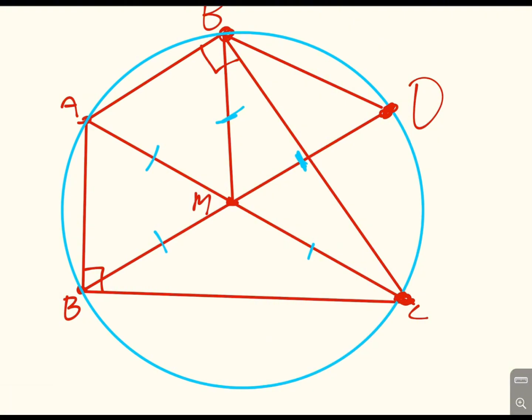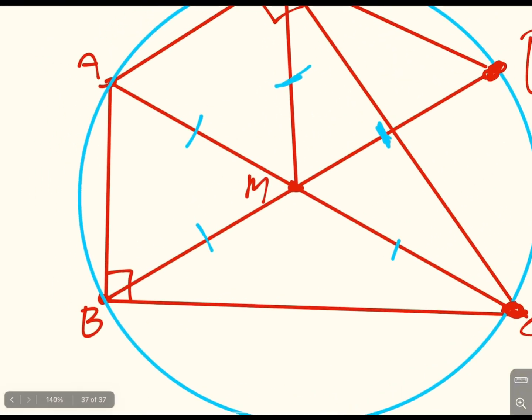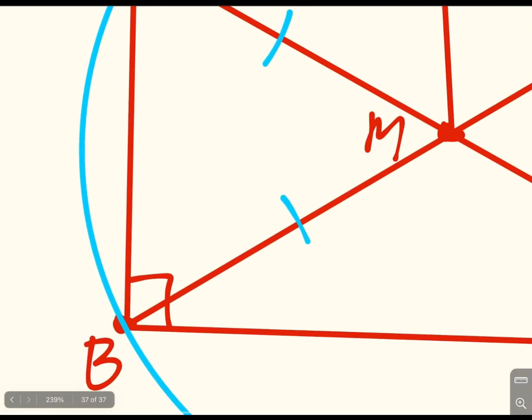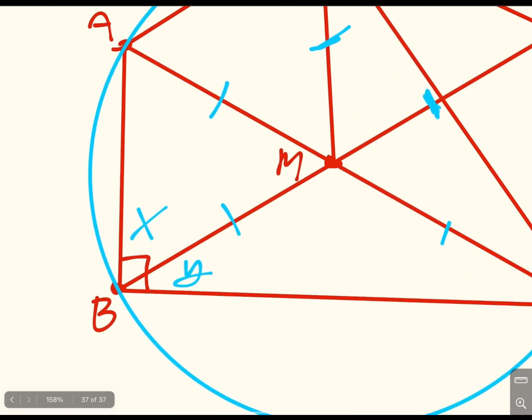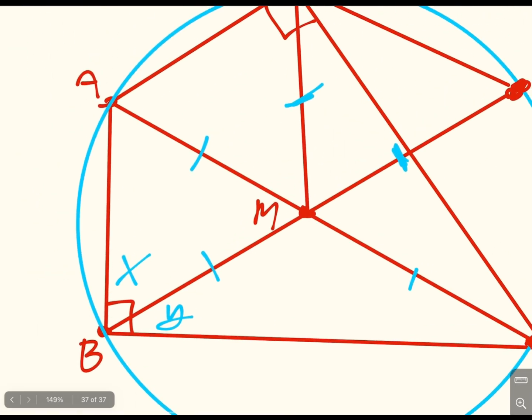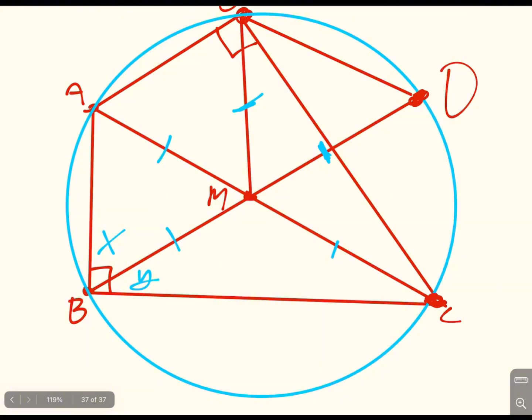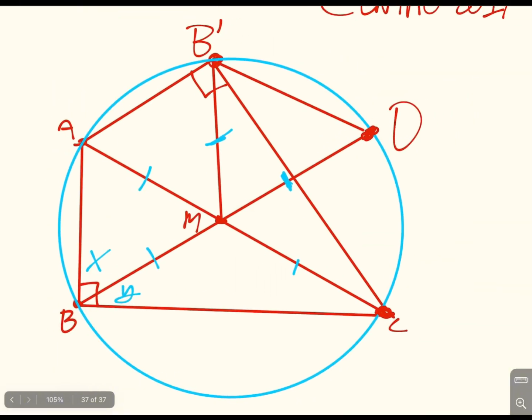Now from here on out, we can angle chase the whole thing actually. So let's set angle ABM as x and angle MBC as y. Then, since B prime is a reflection of B across AC,